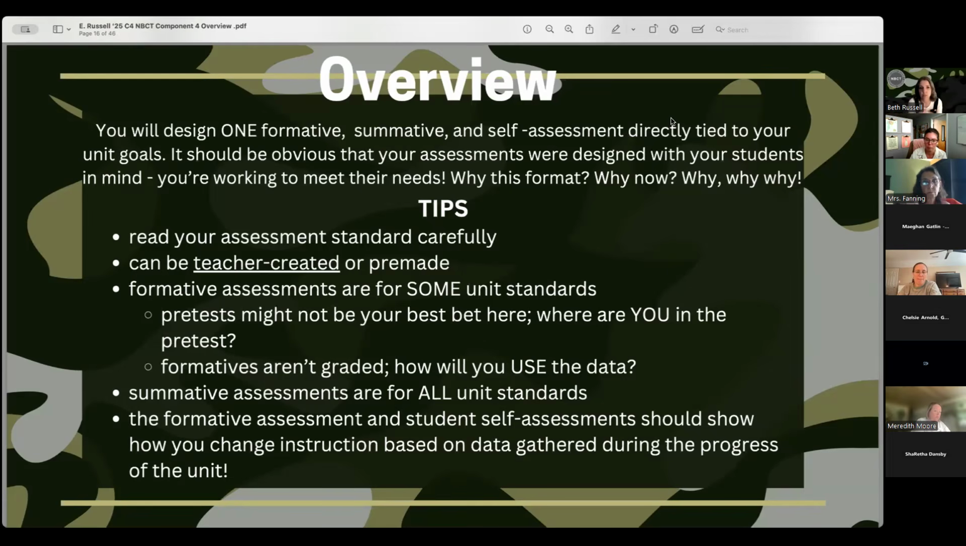This means you're working to meet their needs. So some of the questions: why this format? Why did you give it now? Why didn't you do it this way? Why did you ask this question? Why? And you're going to drive yourself crazy thinking, well, I mean, I always give this test when I do